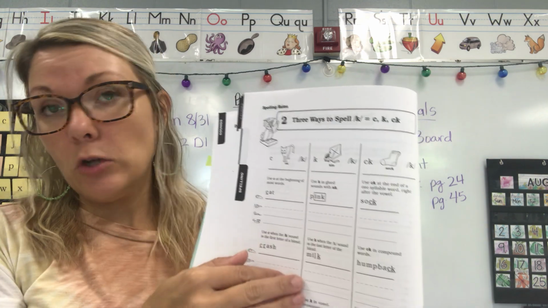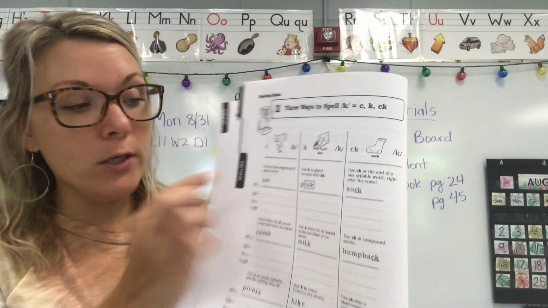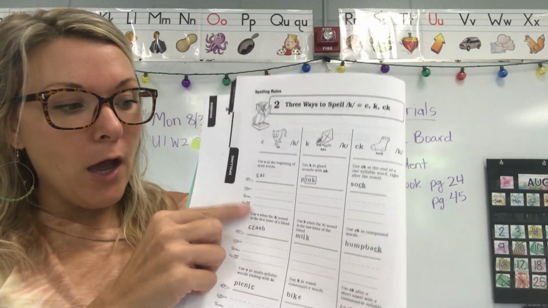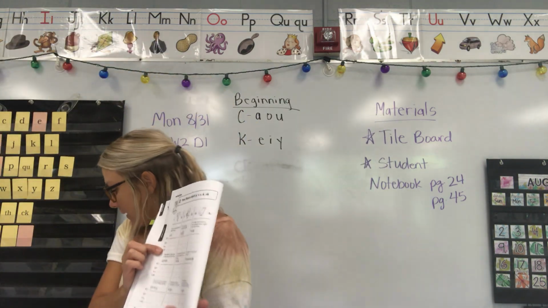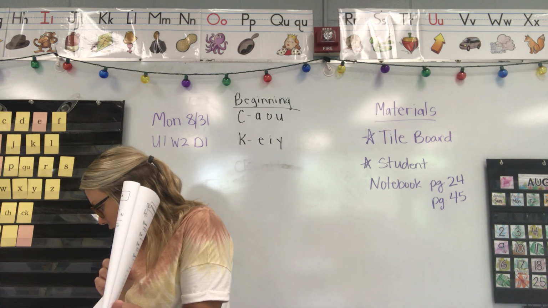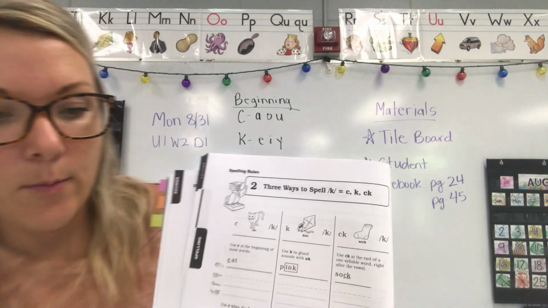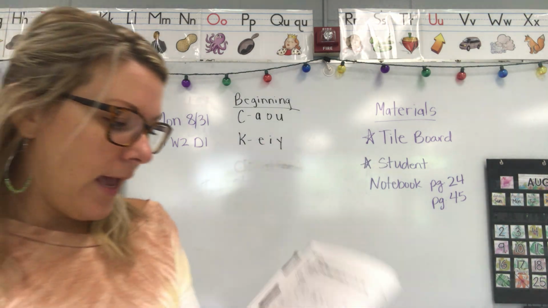Okay, C is not used at the end. And for vowels A, O, and U. So they used the example cat. Underneath that, I want us to write a word for an example. They've already used crash. So let's use cost as an example because it has a different vowel. Okay, so underneath cat,